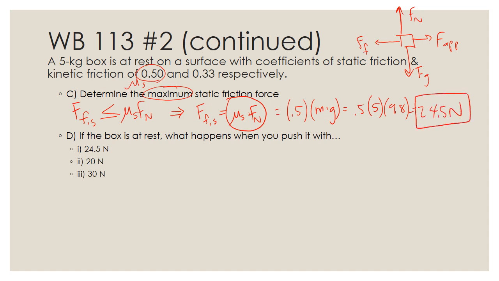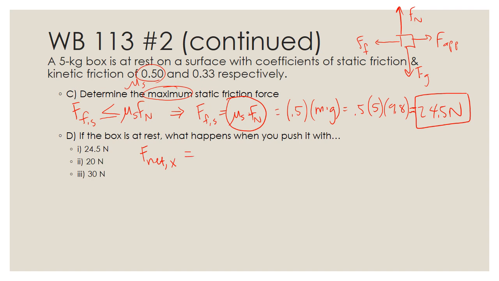So that's the biggest that static friction force could be. So if I don't push with enough force, then friction can continue to oppose me up to the point of 24.5 newtons. So let's take a look at part D. If the box is at rest, so static friction conditions, what happens if you push it with 24.5 newtons? So if I can have a maximum static friction force of 24.5 newtons, and I push with 24.5 newtons, that would seem like we have a net force that's 0,